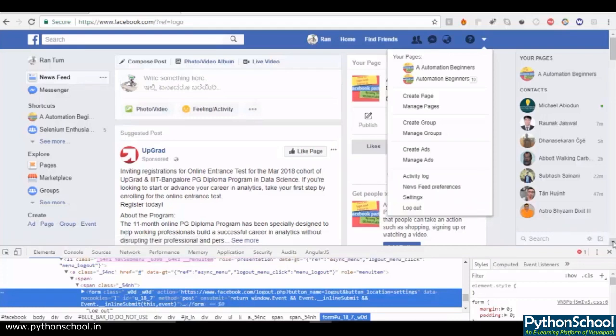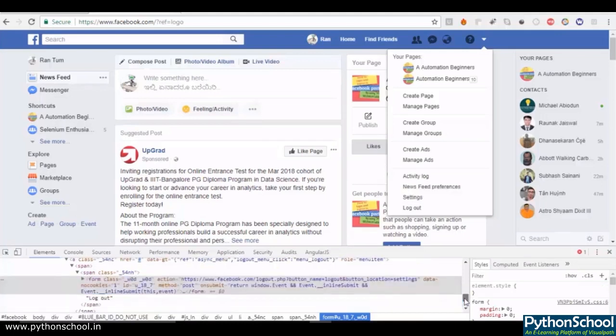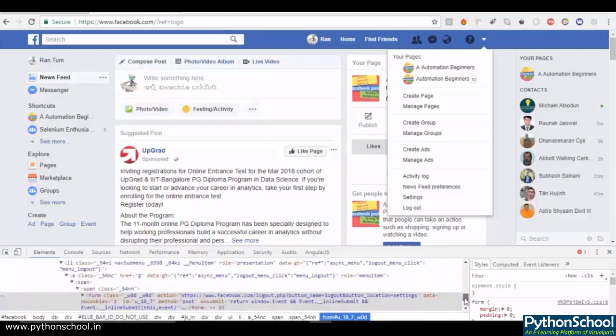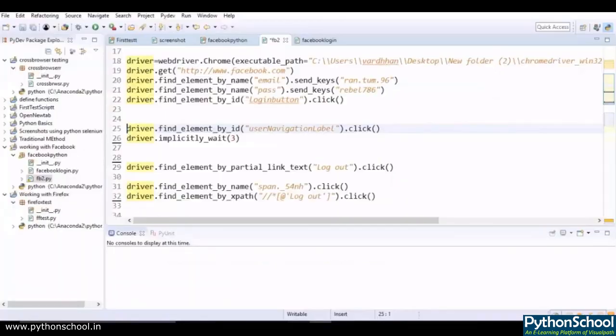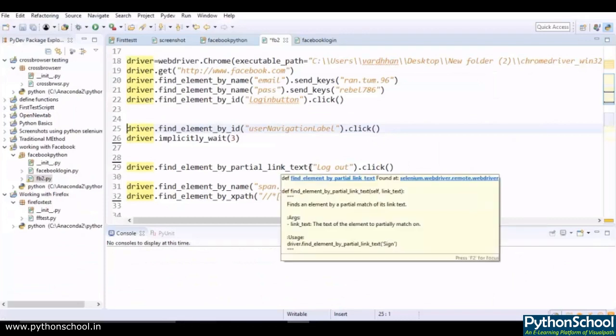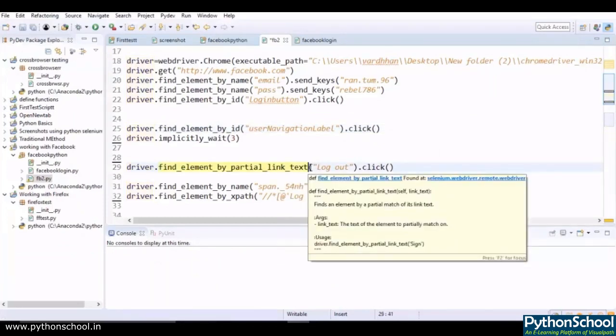Just scroll down here. You can see this logout name, right? So you can use this partial link text. In my PC, I had navigated many times to the Facebook URL, so if you do it multiple times with Facebook,